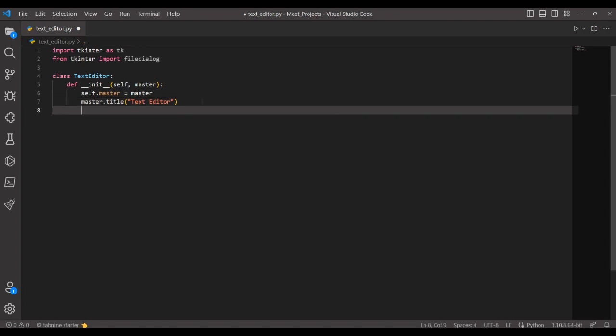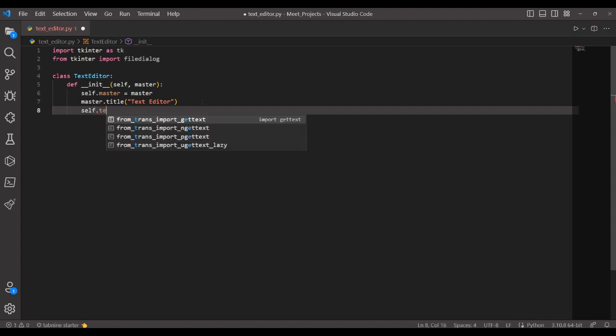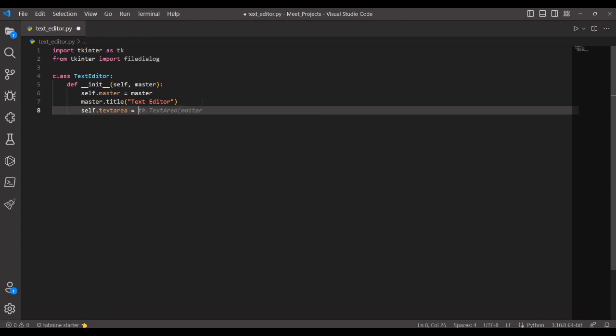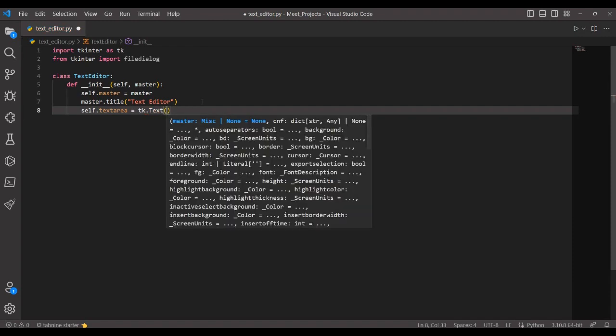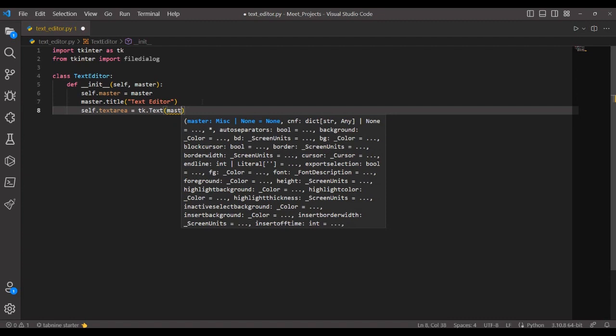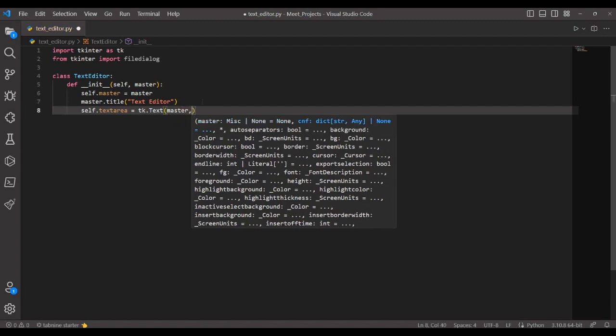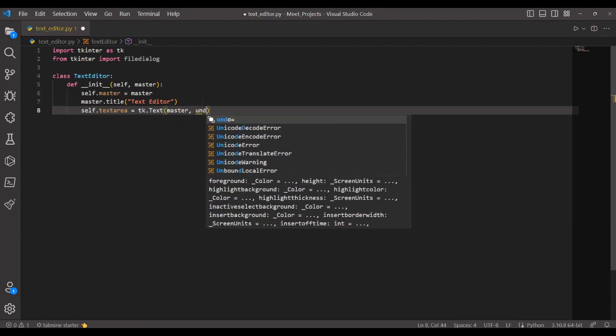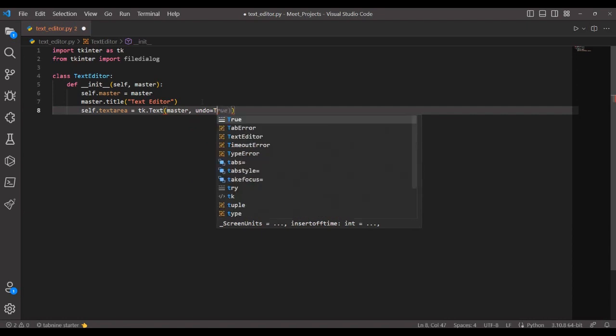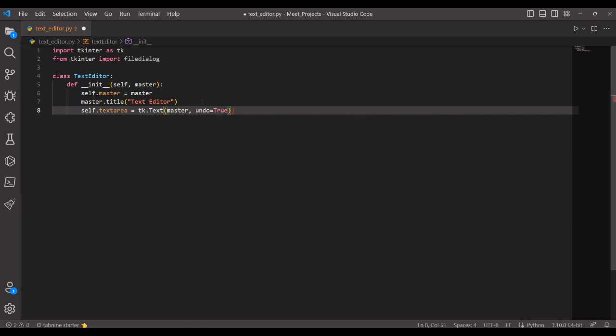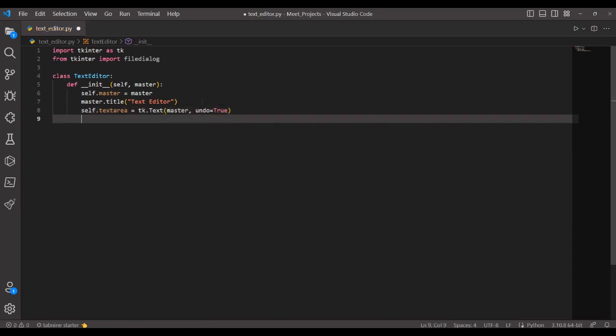Now we have self.text_area, and that self.text_area is equal to tk.Text, which will have master as the first thing, and a comma, undo=True, and then the given value, right? So after this we have